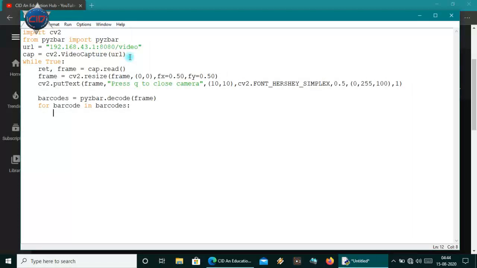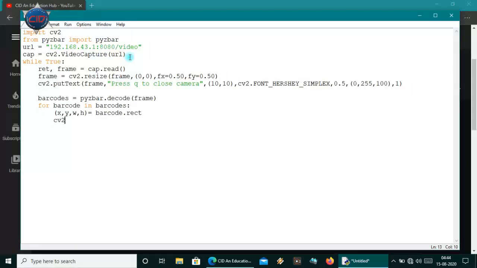We will make a tuple of x, y, w, h from the barcode.rect attribute. From this we'll extract all four points of the rectangle, and we want to draw a rectangle around all the barcodes or QR codes.